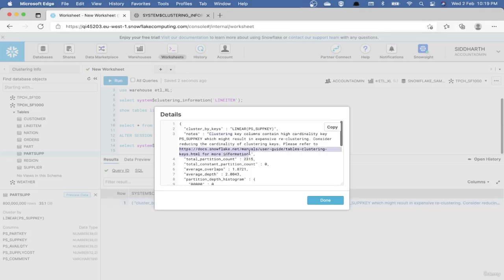Now, I want to talk about the cardinality here. So let's go back to basics. I hope you know what cardinality means when it comes to database systems. If you do not know, cardinality is the number of distinct values of the column in question. So if the unique count or distinct count of a specific column is extremely high, you say the cardinality is high. If it's low, you say the cardinality is low. Now, turns out this column ps_supp_key has a very high cardinality, which is not